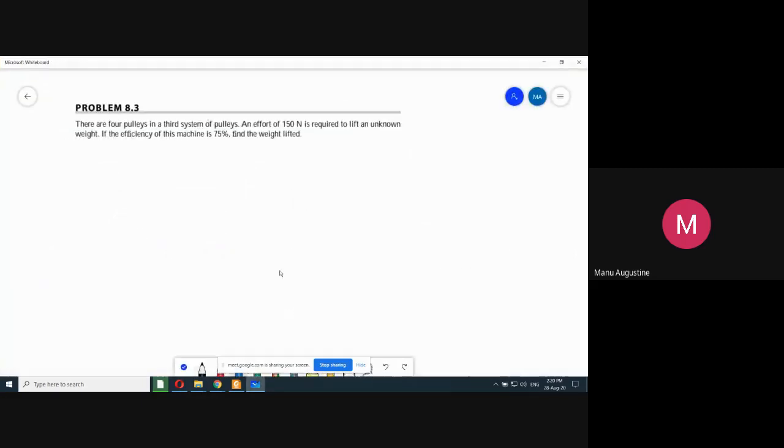और अब टू कंक्लूड दिस, एक न्यूमेरिकल प्रॉब्लम और ले ली है मैंने। There are 4 pulleys in a third system of pulleys, ठीक है? Let us do this problem also. कौन सा सिस्टम ऑफ पुलीज है? थर्ड सिस्टम ऑफ पुलीज है। फटाक से वेलोसिटी रेशियो लिख ली, क्योंकि रटा हुआ है। वेलोसिटी रेशियो ऑफ द थर्ड सिस्टम ऑफ पुलीज इज 2 रेज टू पावर n माइनस 1। An effort of 150 Newton is required. चलो एफर्ट दे रखा है तो P को भी नोट कर लो। एफर्ट P इज इक्वल टू 150 न्यूटन।